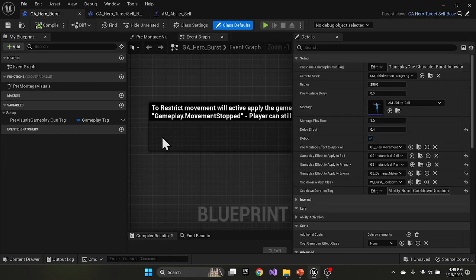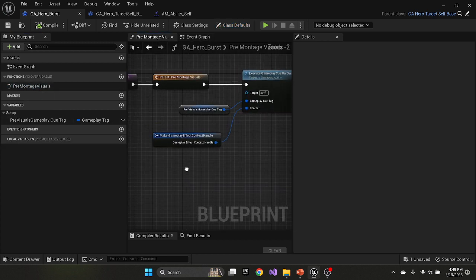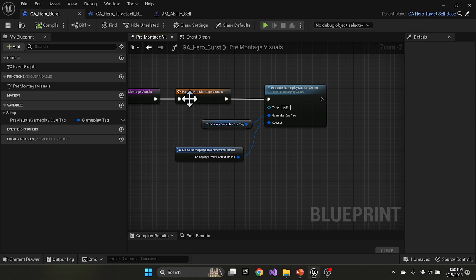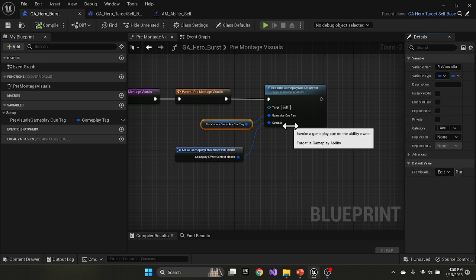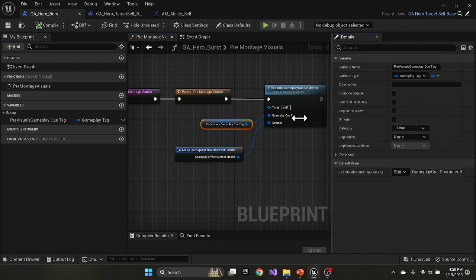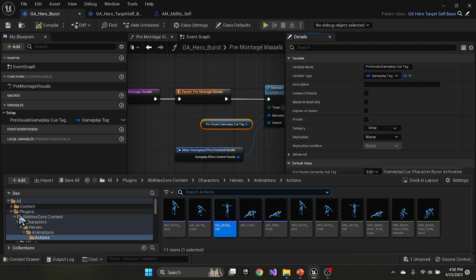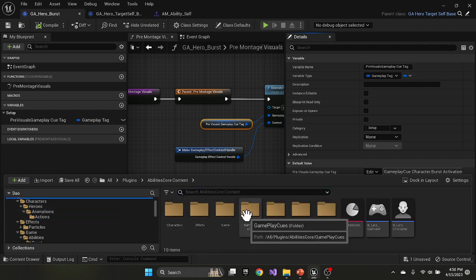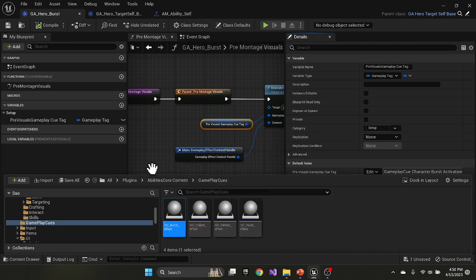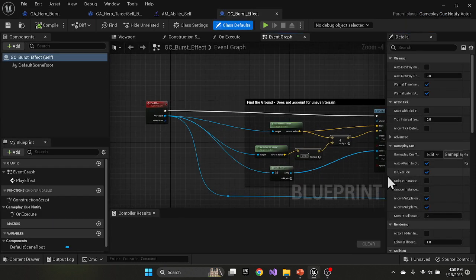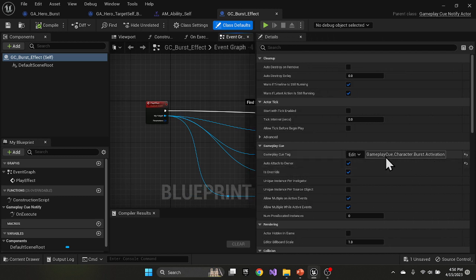And the burst, again, sets all of the variables for all of those components. The only thing we did in the actual burst is we said, when you're in the pre-montage visual, go ahead and send this gameplay cue. So the character burst activation gameplay cue is sent, which is then received by gameplay cues, the burst gameplay cue, which gets activated on that same gameplay cue tag,